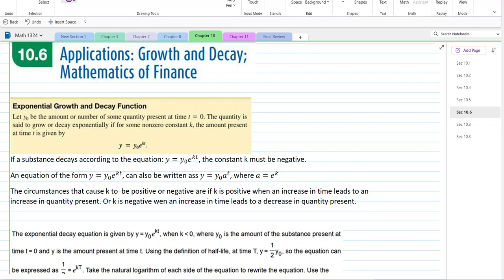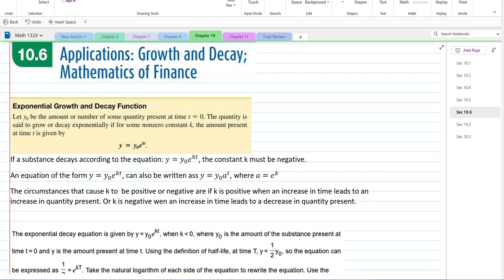Wow, we're at the last section, 10.6, and we're going to apply everything we've learned. Even though we did learn most of this during the chapter, we're adding that growth and decay reference value. We used it only as a given concept, but now we're going to review it. So here we go. Exponential growth and decay function defined by our textbook as: let y sub o be the